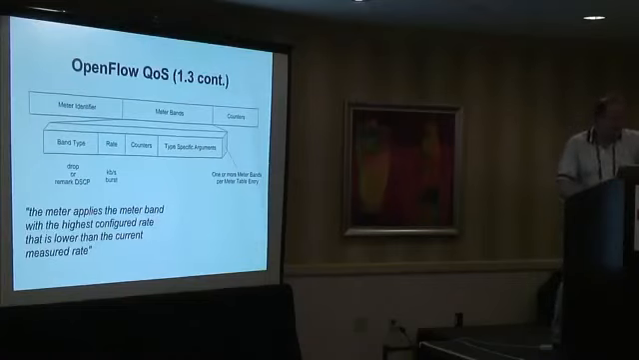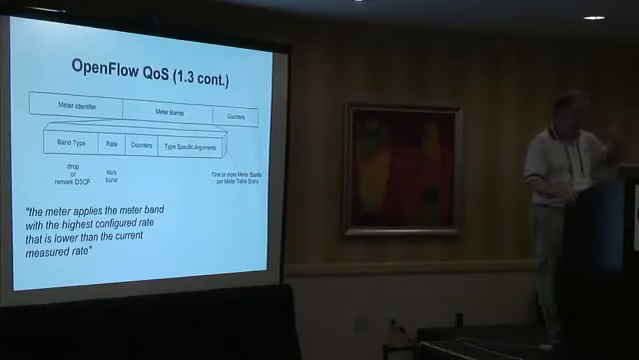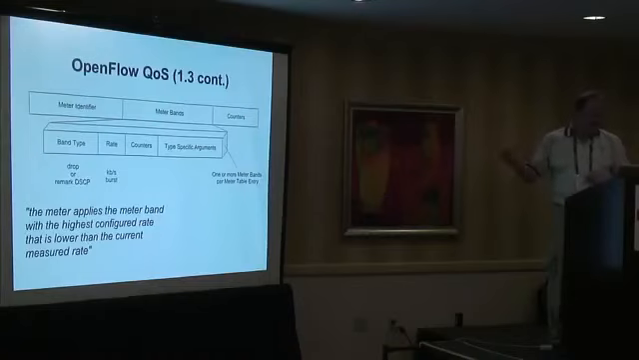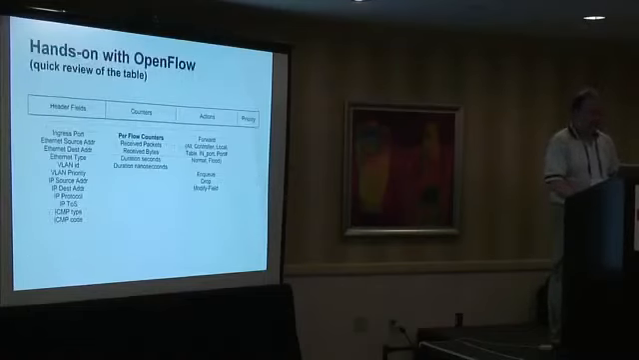The key paragraph in the spec, which I copied: the meter applies the meter band with the highest configured rate that is lower than the current measured rate. That's a complex way of saying these things are thresholds that you hit. I know we're going through this fast,